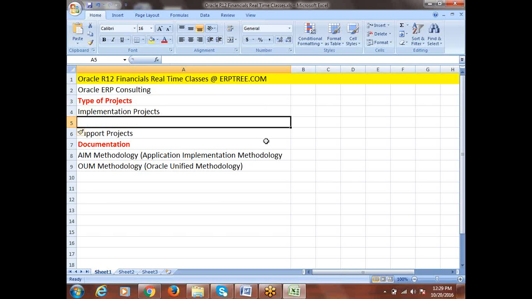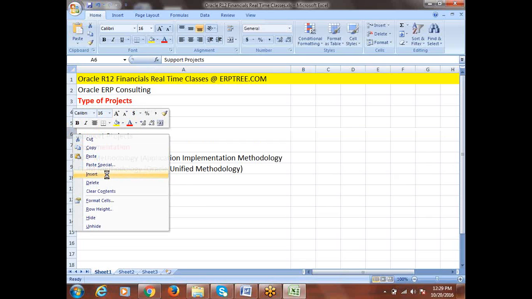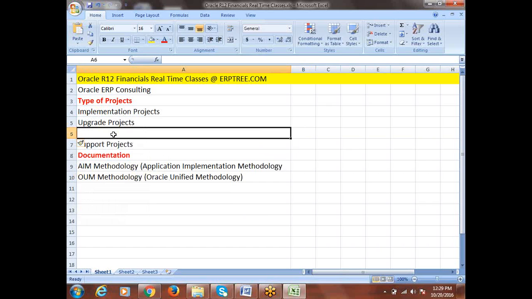So out of this total real-time classes learning, this would be a very important concept. First we'll see just the very basic types, which we generally come across as part of projects. One is the implementation project, another I can say is upgrade projects, the other classification is rollout projects.